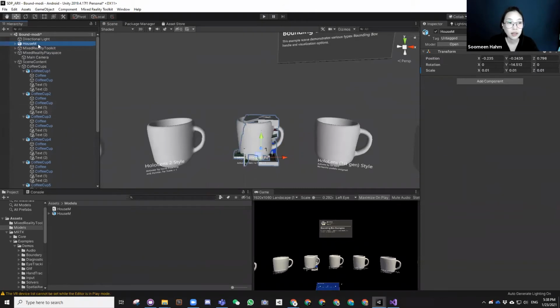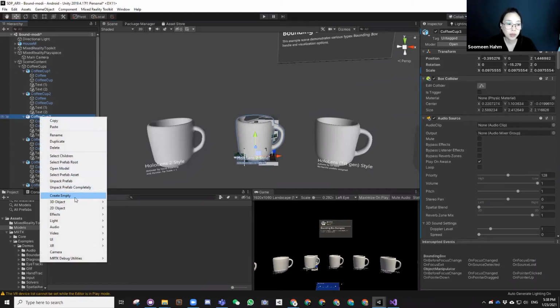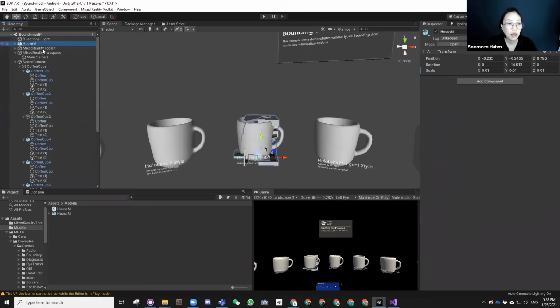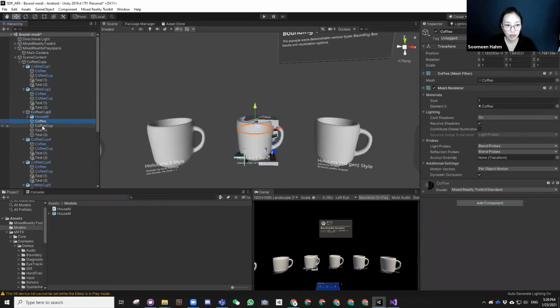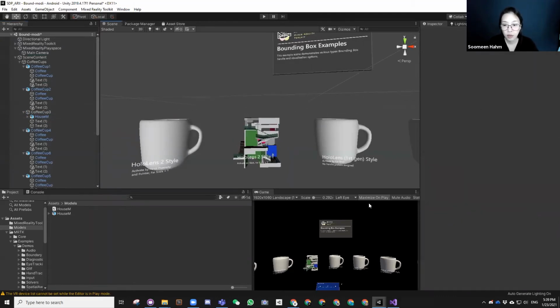Okay, so you cannot do that because this is a prefab. So I'm going to unpack the prefab, explode it so you can make any modification, and put this house in here. You can also change its name to something more obvious, like house. I'm going to delete my coffee cup. Okay, and now if I play my game,